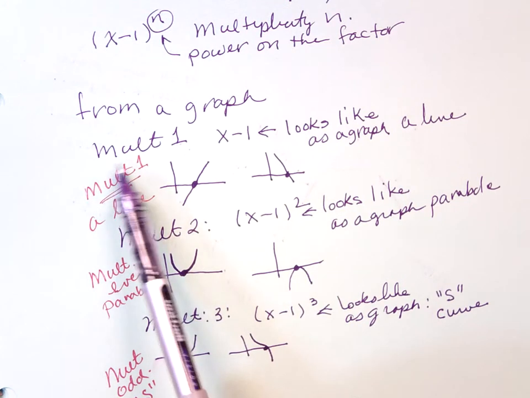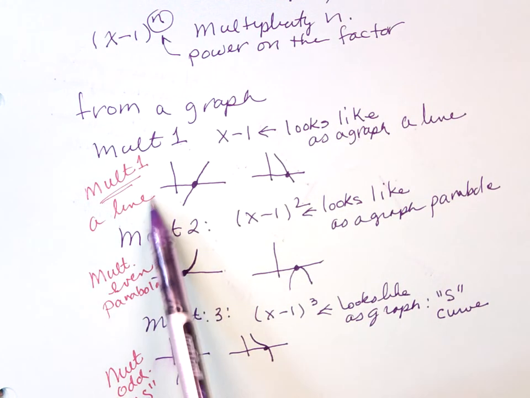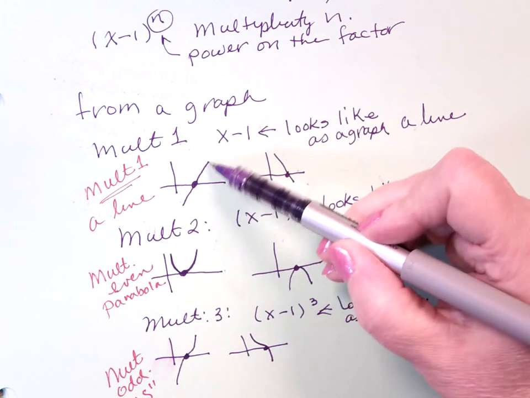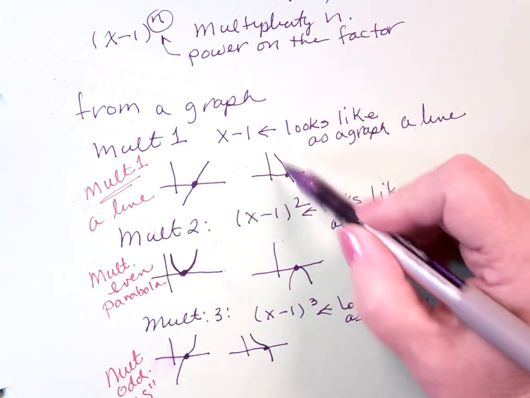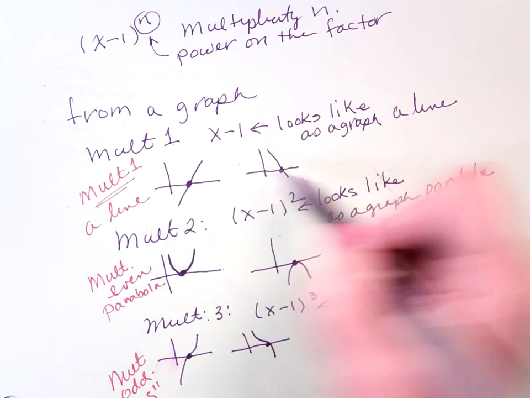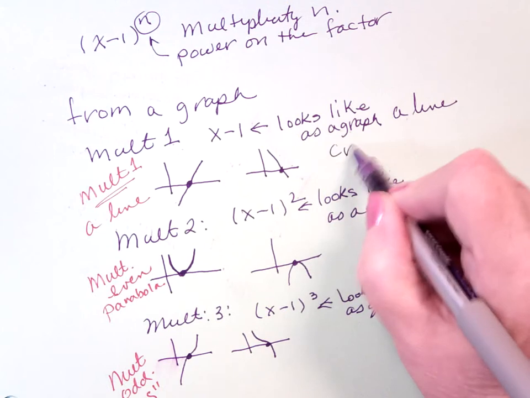So if the zero is multiplicity 1, the graph crosses the x-axis, looks like a straight line. So in this case we can say it looks like a line and it crosses